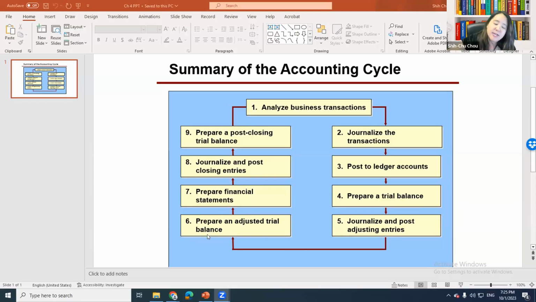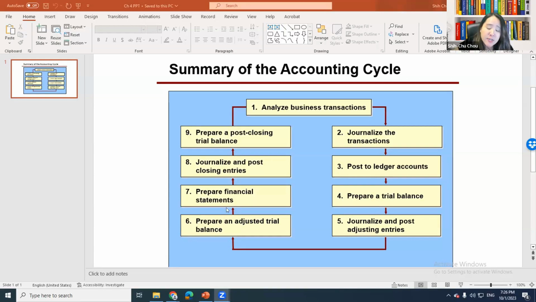And then we can use that information to prepare our financial statement. Okay, and typically before we do that, we'll also have to prepare another trial balance to double check that after we included these adjusting entries, our total debit balance is still equal to the total credit balance across all accounts. This is one more check to ensure that our accounting equation continues staying balanced,